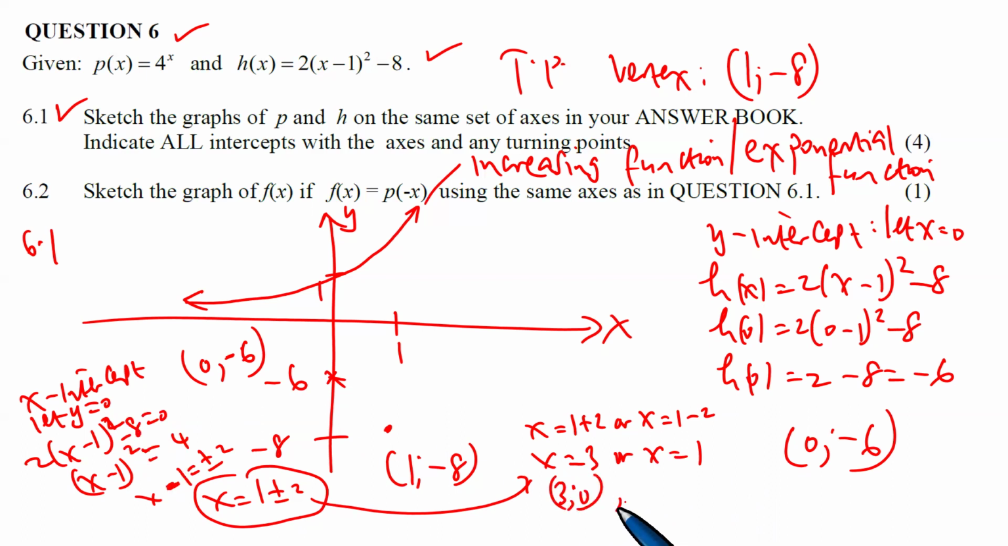x is 3, y is 0. x is minus 1, y is 0. Excuse me, because 1 minus 2 is a minus 1. So it's going to cut, therefore, at minus 1 and 3. Right, let me use the green color just to create a difference. Everything is red now. Right, so here 1 minus 2 is clearly a minus 1, so it's going to cut